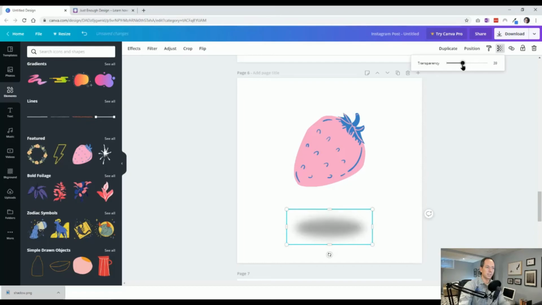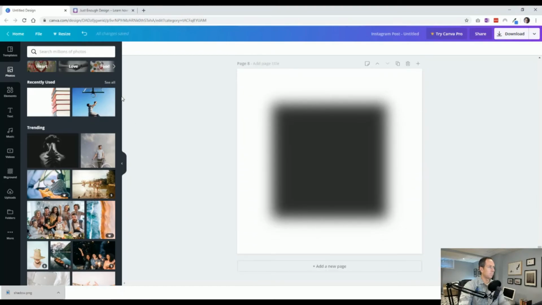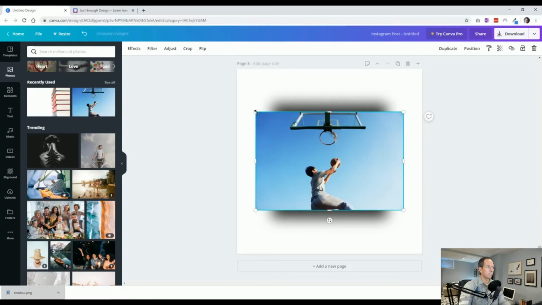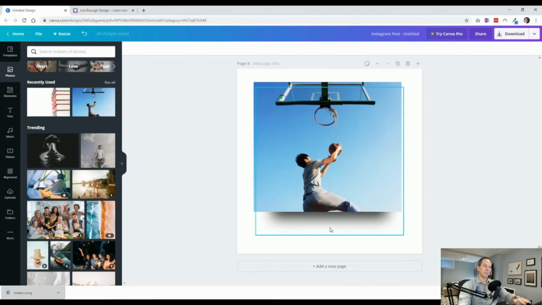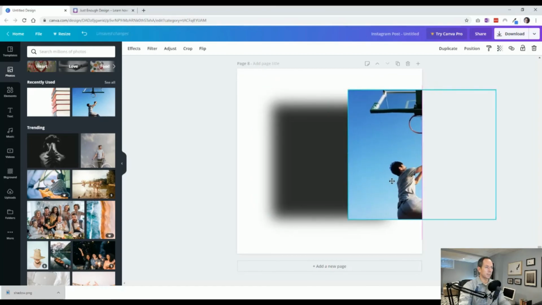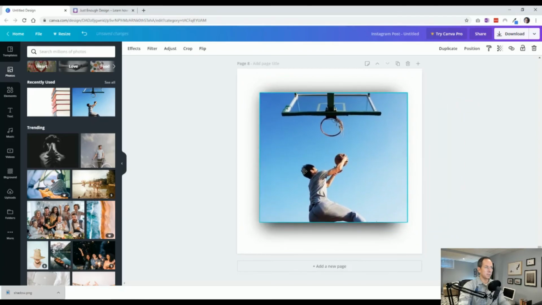It's floating in space, really kind of cool. If we take a photo, let's go down to this one here. Right, so just adding that extra dimension to the photo, having it pop up, come across the page, looking really great. Now that was with the entire square. More beneficial, of course, if you use the shape to have the shadow going on all the edges on that one, or